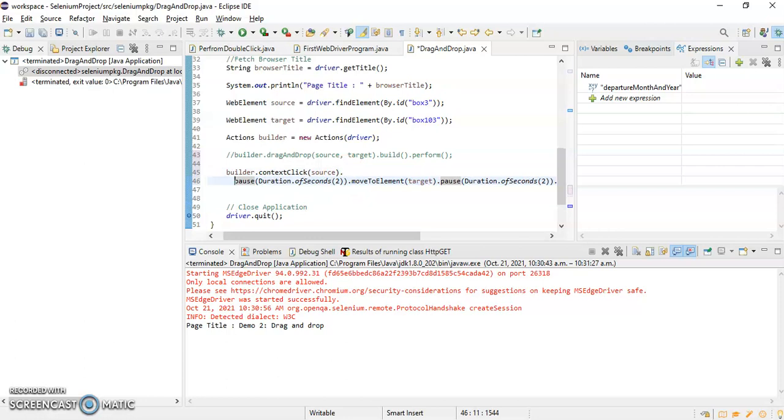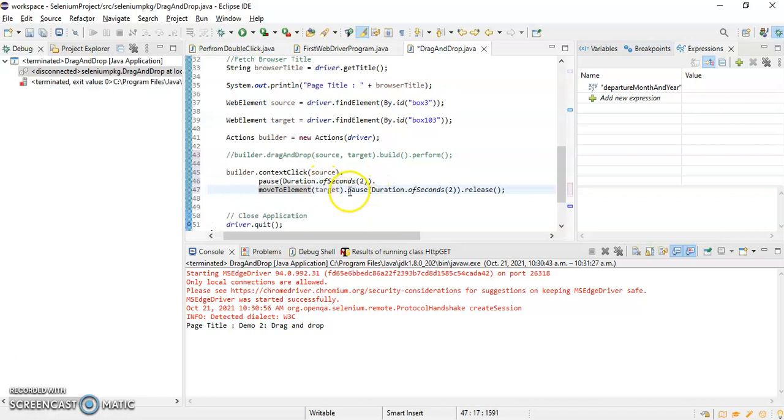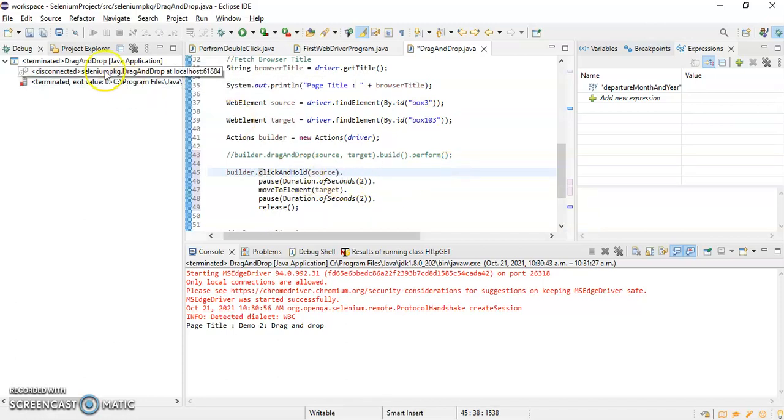So let's write like this. So what I am doing here is, here it has to be clickAndHold.